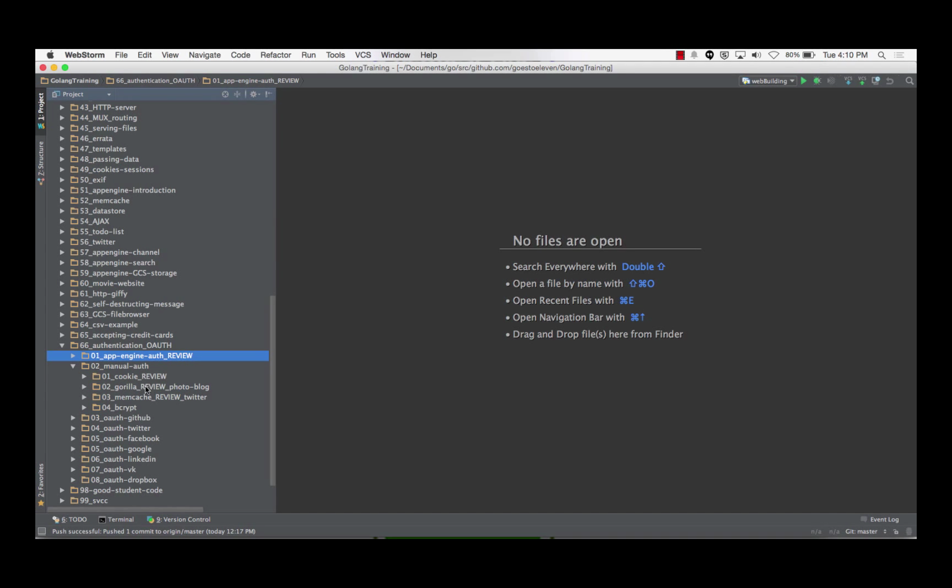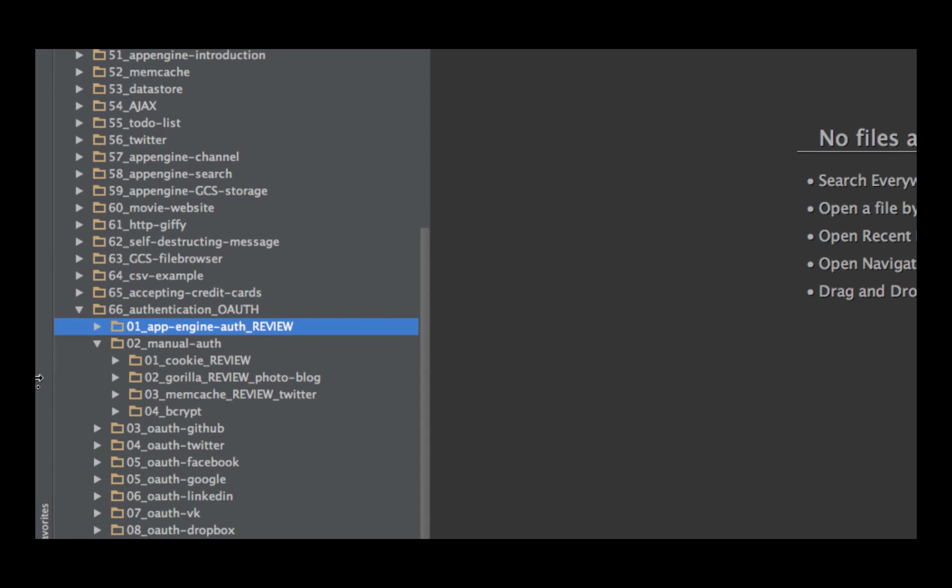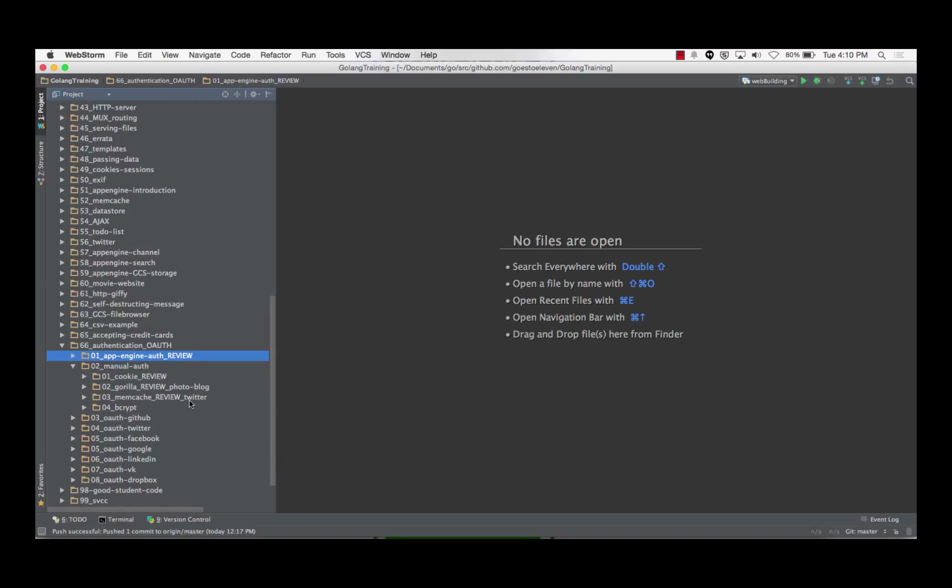All right, so now let's look at doing a cookie. And again, this is all review stuff, and then we'll work down to Gorilla and Memcache and bcrypt. And bcrypt's for storing passwords and encrypting them. And so to do a cookie,